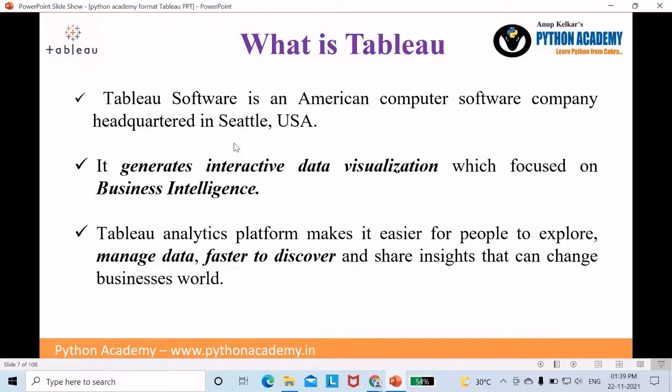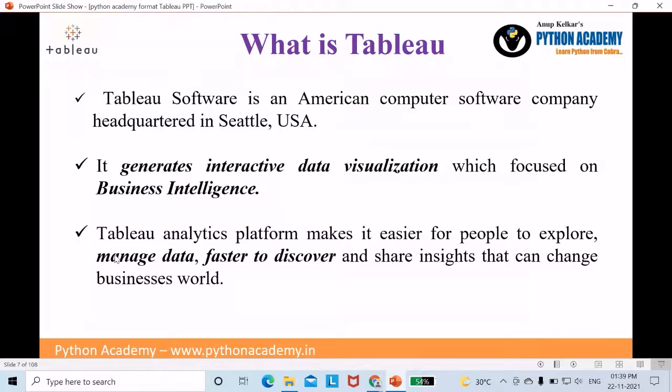What is Tableau? Tableau Software is an American computer software company headquartered in Seattle, USA. It generates interactive data visualization focused on business intelligence. The Tableau analytics platform makes it easier for people to explore and manage data, and to discover and share insights faster that can change the business world.